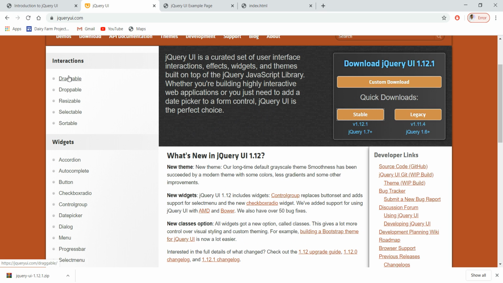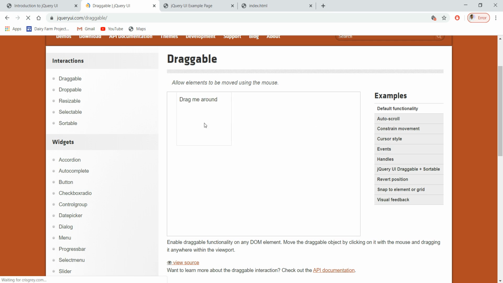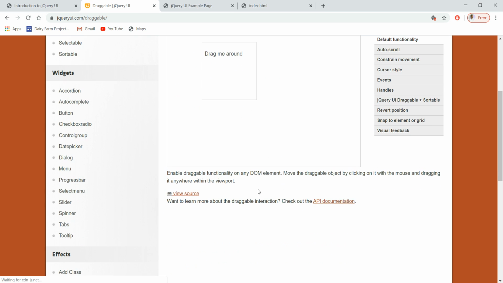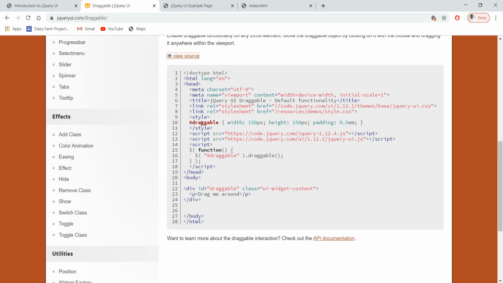Here we see some interactions, some available features. To make it interactive, we go to draggable. Draggable means we can drag this like this. So how can we do this with our file? In order to do that, we go to view source, and here we see it is written as draggable id.